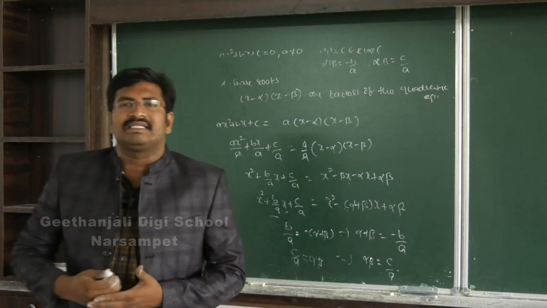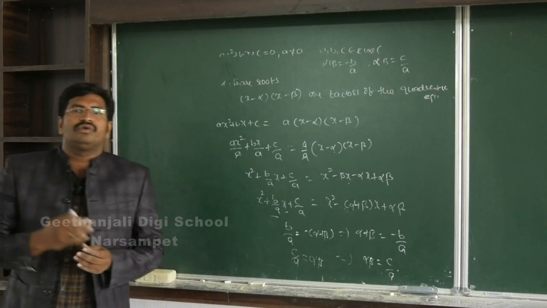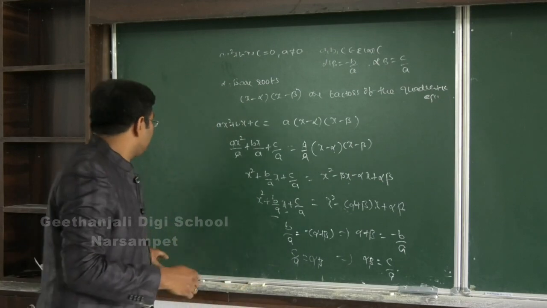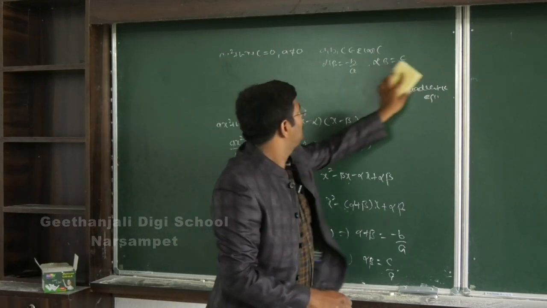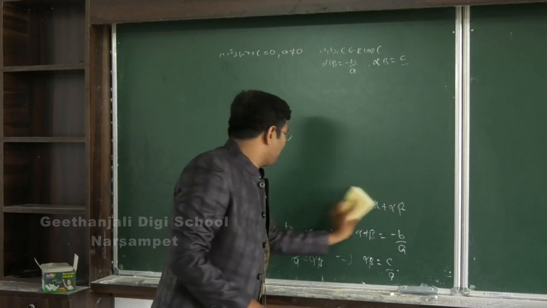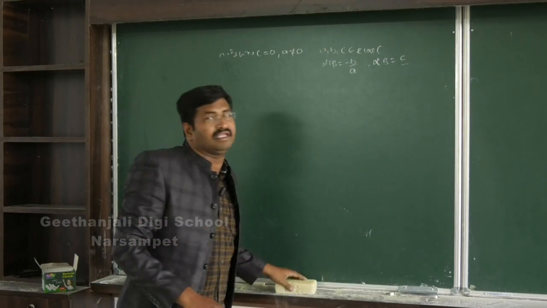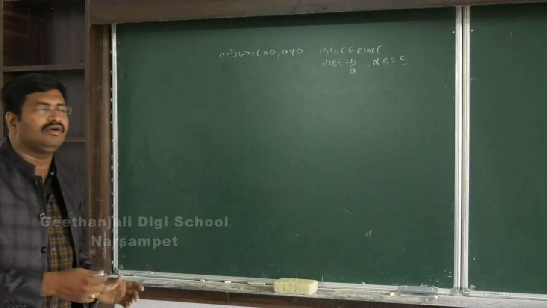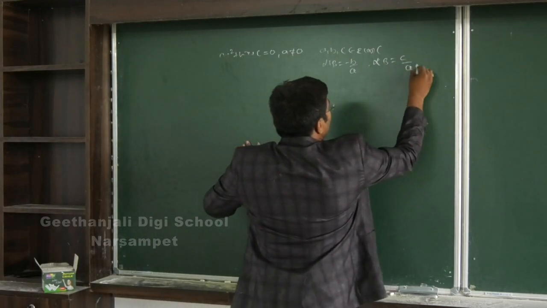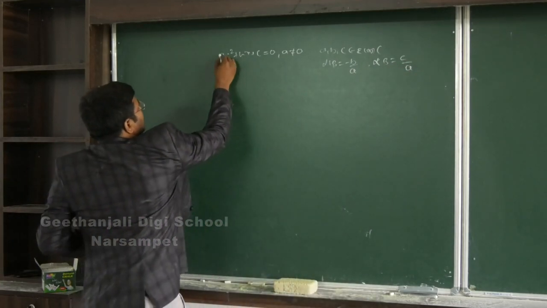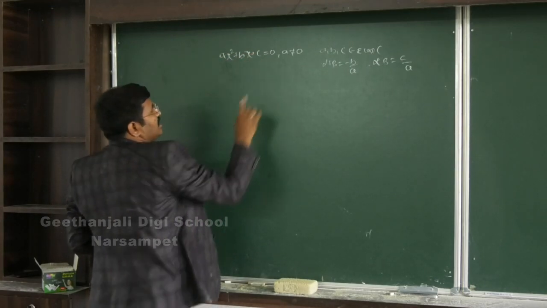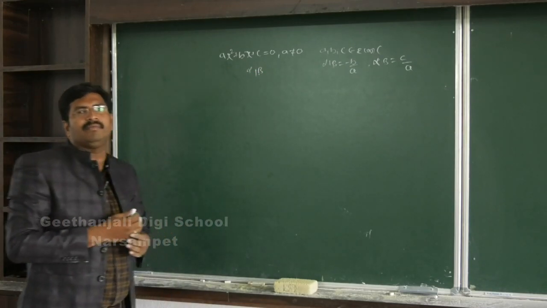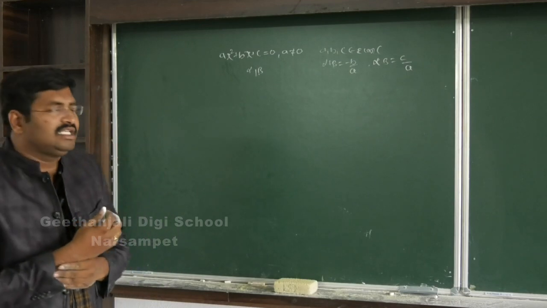By using the sum of the roots and product of the roots, we find symmetric values of alpha and beta. Today all the problems will be based on the sum of the roots and product of the roots. By using only these you will find it. Actually, ax square plus bx plus c is equal to 0 is a quadratic equation, alpha, beta are the roots, then the sum of the roots is minus b by a and the product of the roots is c by a.